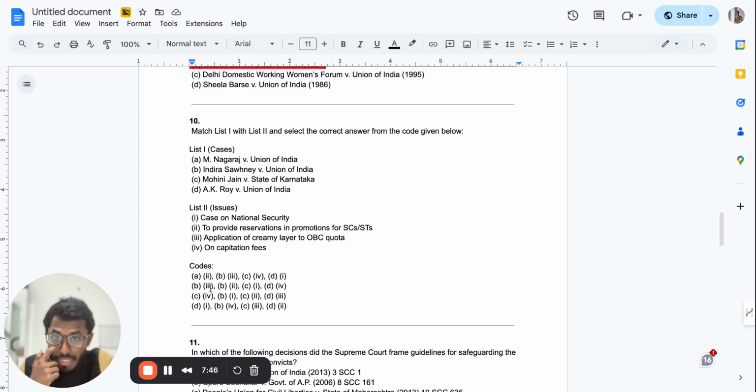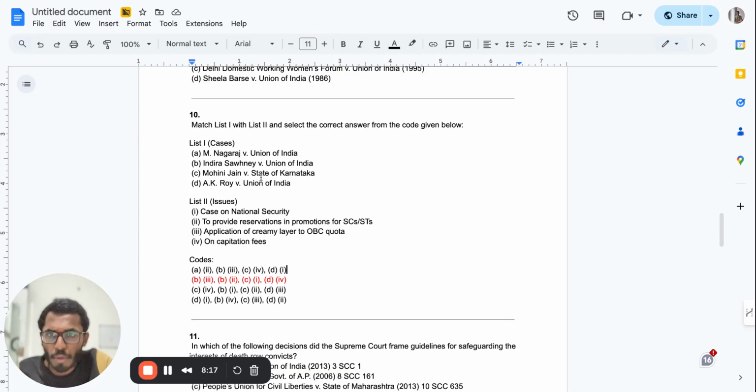So if you observe, B3, okay, B. So Nagaraj versus Union of India. I'm just highlighting over here so that we don't mess it up. Okay, yes, correct. So B, Nagaraj versus Union of India, is basically about application for the removing of OBC quota. Indra Sawhney versus Union of India: B is basically to provide reservation for the promotion of SC/ST community. There was a cap limit beyond 50%. You cannot provide reservation beyond that, right? That was decided over here.